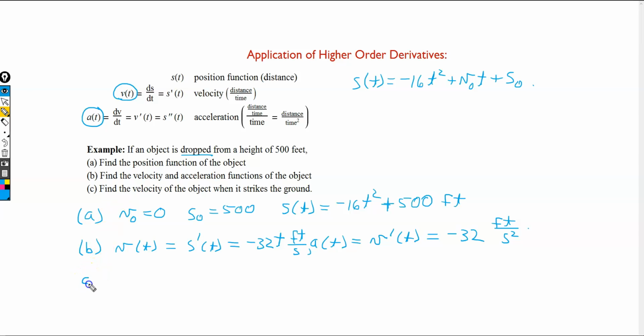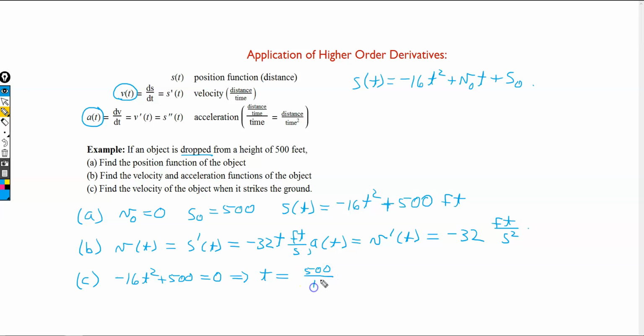Alright, so for part C, we need to find how long it takes until it strikes the ground. So we need to set the position function equal to 0 and solve for t. Solving this for t, I'm going to take the negative 16t squared over, put it with the 0, divide the 16 under the 500, and we get t squared is 500